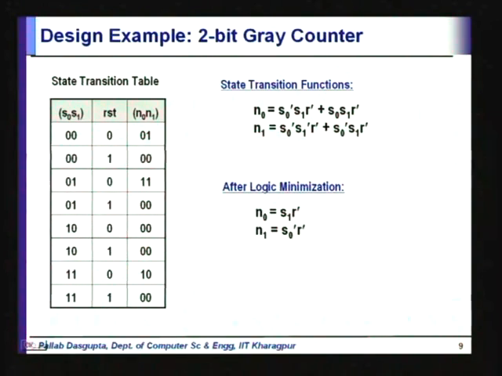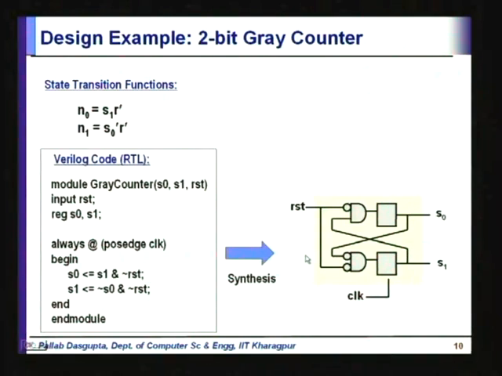All right. Then we can minimize the logic of the state transition functions, and then you can see that N0 can equivalently be written as S1 R', because you can take S1 R' common here, and then what you have is S0 plus S0', which is 1. And similarly N1 can be minimized to S0' R'. Now given the state transition functions,